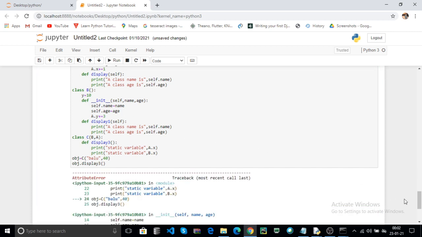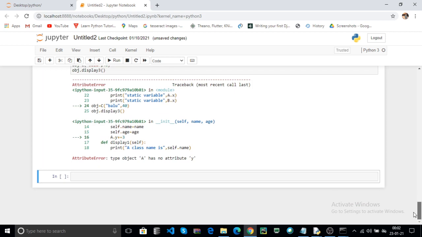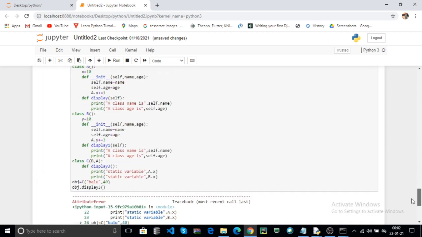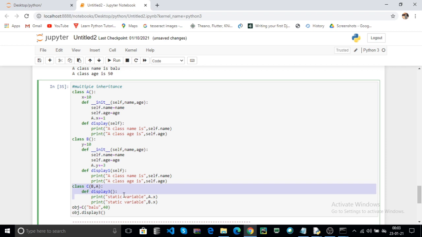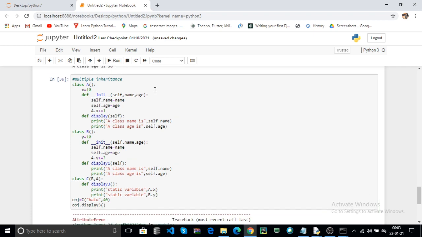Here attribute error. Here A has no attribute Y. Here you can choose that. Here B contains the Y. Now click on the run. Again it returns the attribute error.